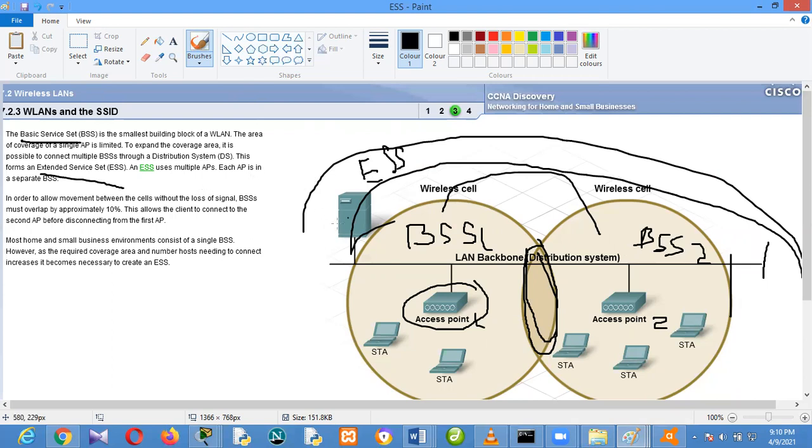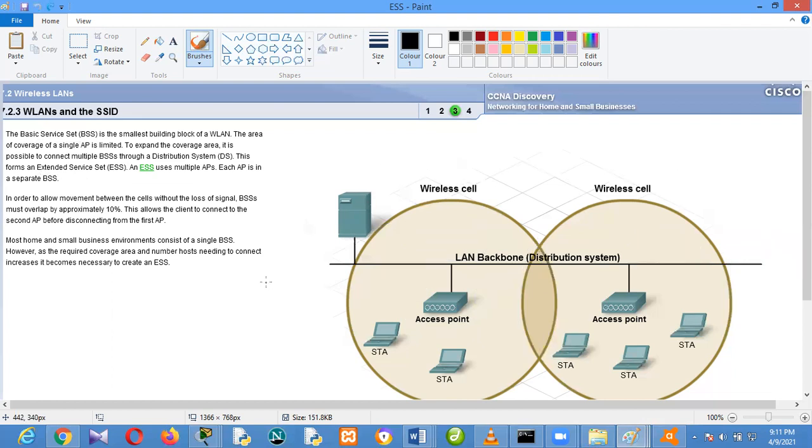Most people don't like using multiple BSSs. Personally, I myself too, I don't like using multiple BSSs. I prefer having one that will cover a longer distance. That's why most times it's good to get higher wireless technology. Now, if perchance in any situation you actually need to use ESS, you have to overlap the other BSS. And when you overlap it, make sure that it is not anything less than